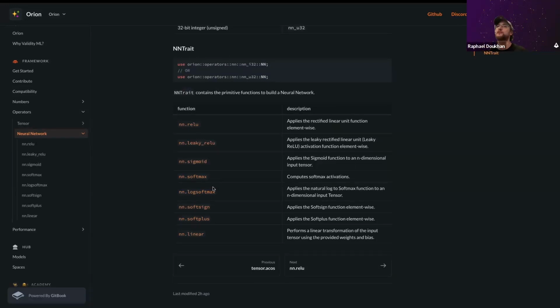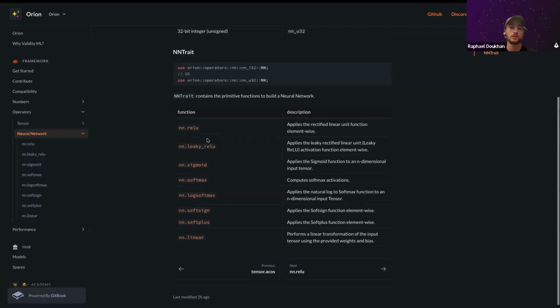In the future, we will have many more. During the Lambda ZK week, someone created the conv, so I'm going to review the PR, and next week the 2D conv will, I think, be implemented. And the idea is that anyone can implement their own operators, of course. So with this NN trait, the idea is to give you all the functions to build your neural networks.